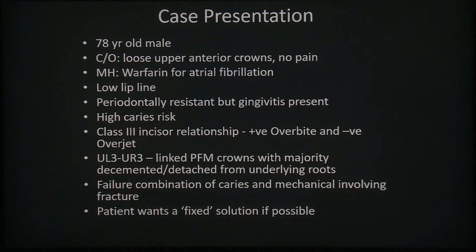Here's the first case. A 78-year-old male patient who complained of loose upper anterior crowns. He had no pain. Medically, he was on warfarin. He did have a low lip line. He had some gingivitis, but no obvious periodontal disease. He was a high caries risk patient with a class 3 incisor relationship with a positive overbite and a negative